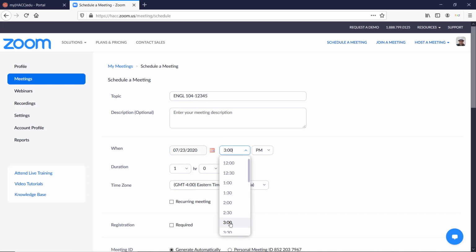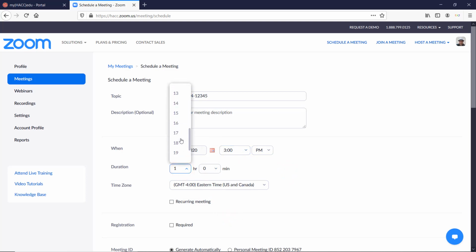Select the duration of the meeting. You can select up to 24 hours, but the options for minutes are limited. So you can't choose to have a meeting that lasts, say, 50 minutes. If your class is 50 minutes long, you may want to set the meeting to 1 hour or even longer, just to make sure you have plenty of time in case it runs long or students have questions. However, it won't automatically end even if you go over the duration, and you can always end the meeting early.